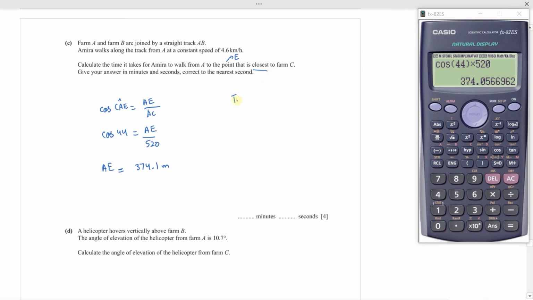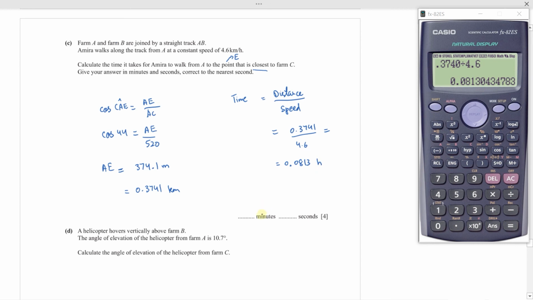So your time taken will be distance divided by speed. So your speed is in kilometers per hour, but your distance here is in meters. So I can convert this into kilometers by dividing it by 1000. So I will get 0.3741 kilometers. So 0.3741 kilometers divided by 4.6 kilometers per hour. So 0.3741 divided by 4.6. So this is 0.0813